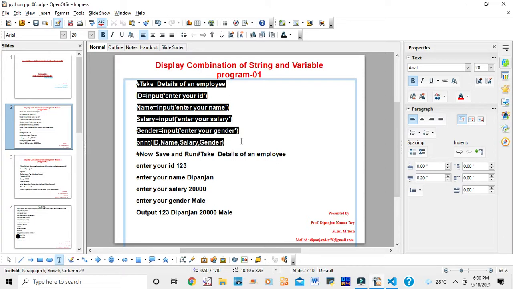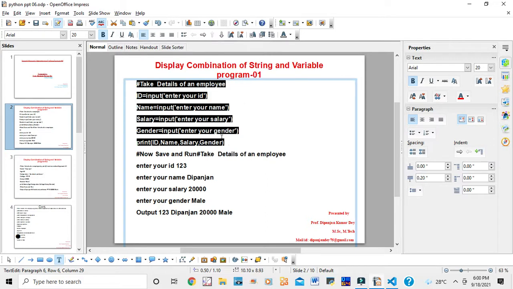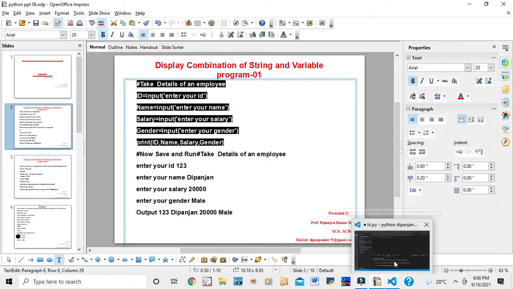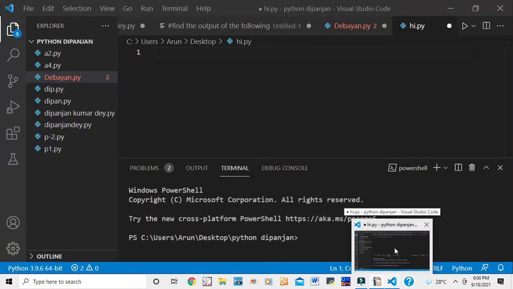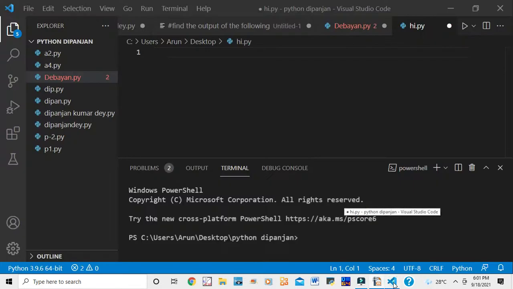Just I am copying from here, this is where I have written the code. Okay, so this code I am taking, just take copy, and then I want to run this in VS Code. So this is the VS Code. In this VS Code I want to paste and then save the program.